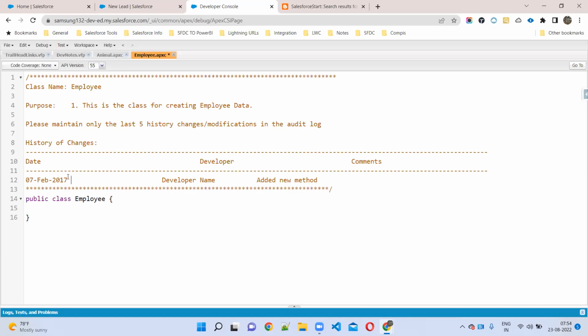Date: today's 23rd, August. This is very important. If you add comments, your code looks very good. Anyone who watches this code will be impressed. Understood?